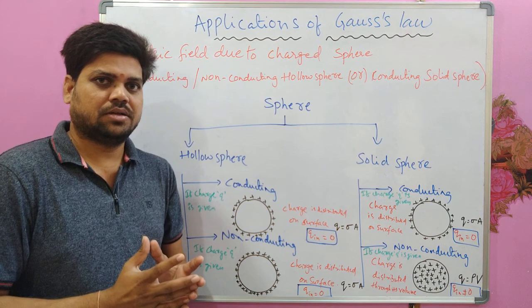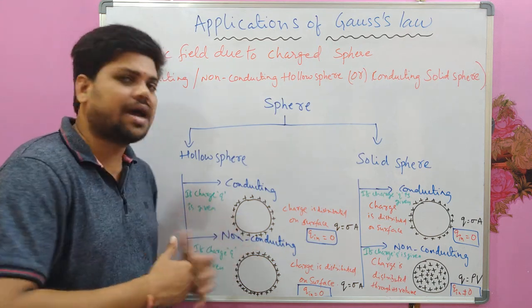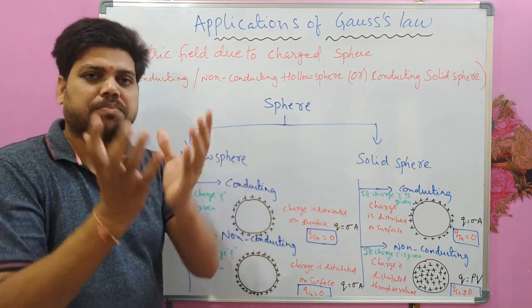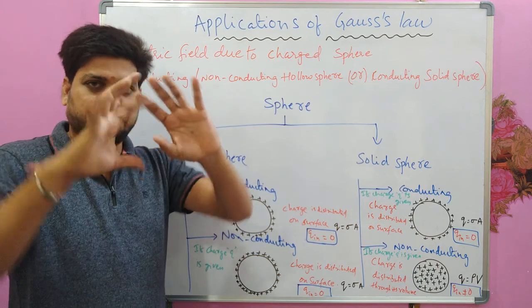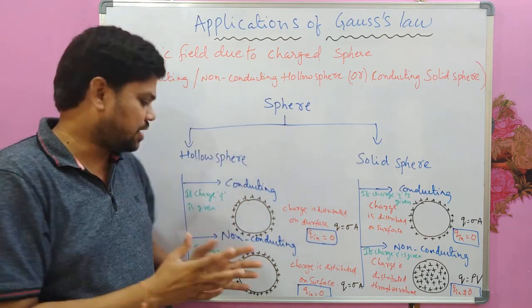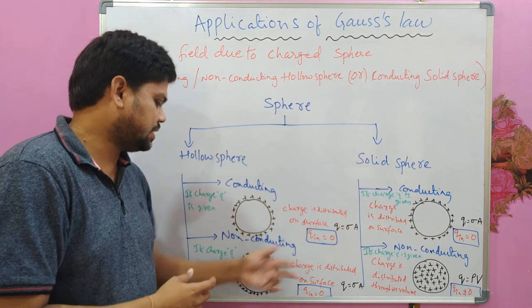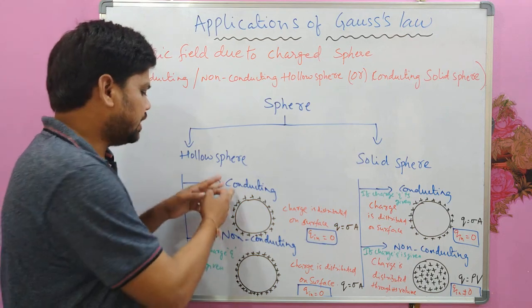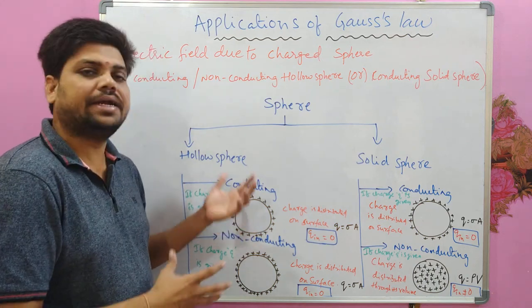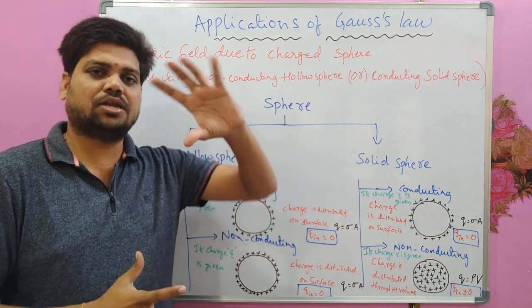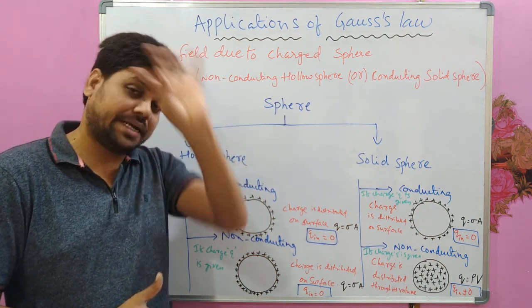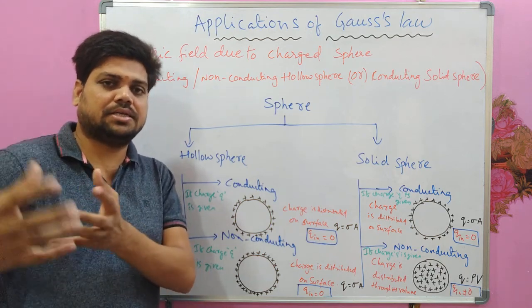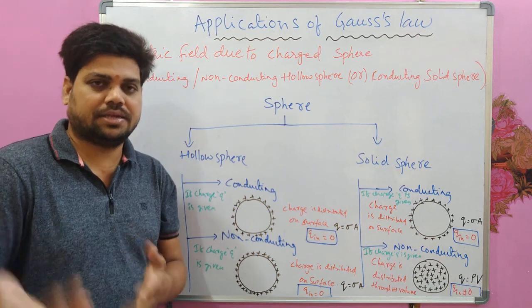So what about non-conducting? Non-conducting means we can imagine a plastic sphere. The sphere material is dielectric or non-conducting. You can also take this as dielectric. Non-conducting means insulating. So, conducting hollow sphere and non-conducting hollow sphere. A conducting hollow sphere is made of conducting material like a metal sphere, and a non-conducting hollow sphere means its material is plastic or insulating, anything.